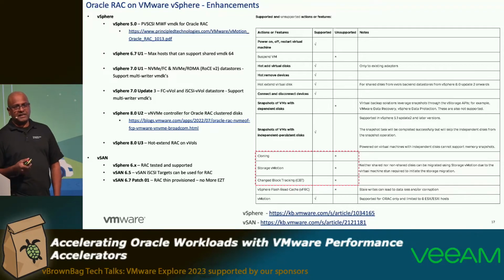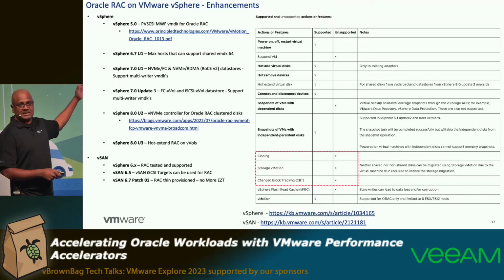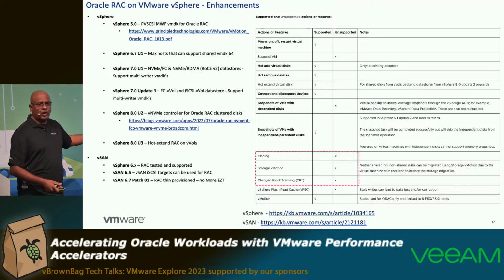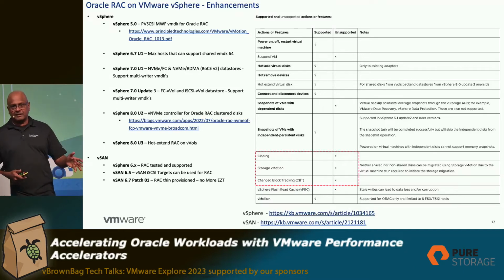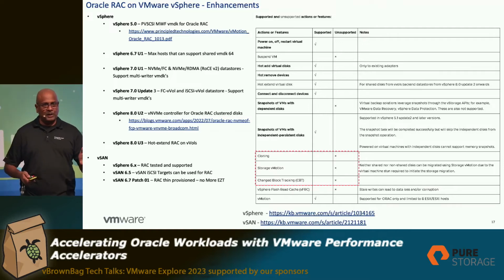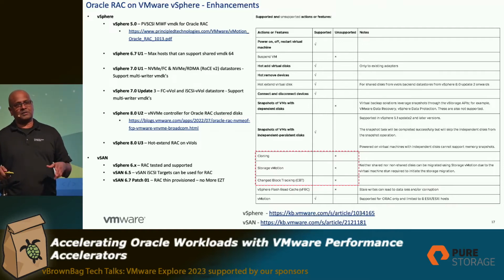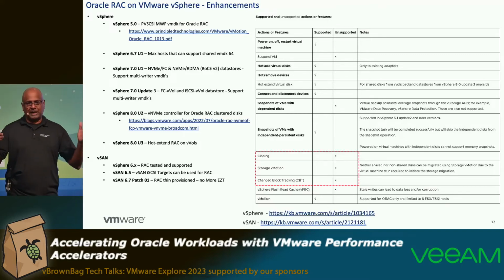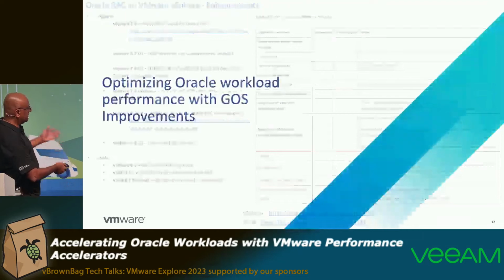If you're running Oracle RAC on vSphere, look at all the enhancements we've done since the 5.0 days. We've come a long, long, long way here. Every release, we made sure we have something for the workload. Because at the end of the day, nobody buys vSphere or any cloud because it's beautiful. No, you buy it because you want to run workloads. That's why you buy a platform. That's why you buy infrastructure here, right? All right.